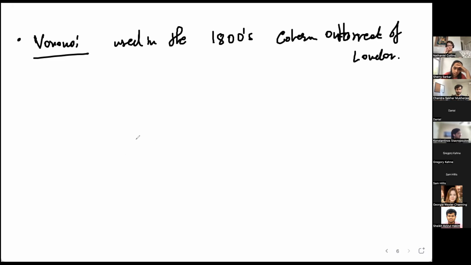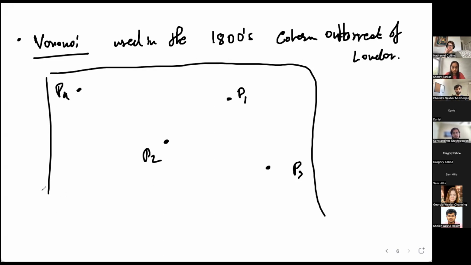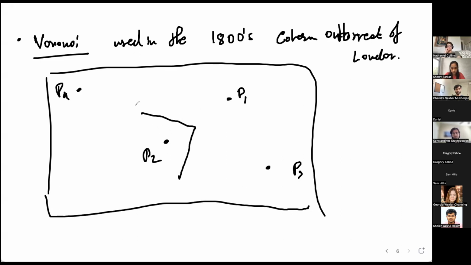So in London, there were many water pumps, let's say P1, P2, P3, and so on. There are many water pumps. And then what Dr. Snow did was he created a Voronoi diagram of this whole point set, and then realized the area that was covering. So in a Voronoi diagram, you would have many areas like this,